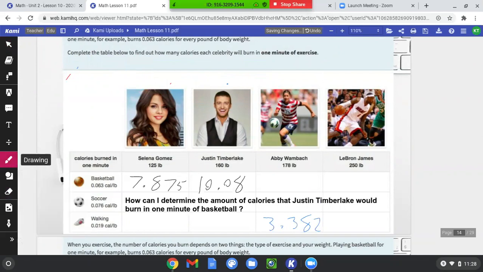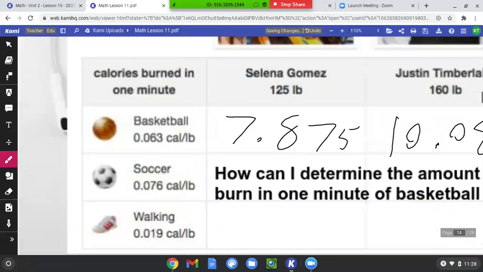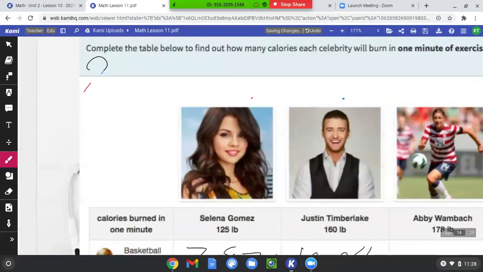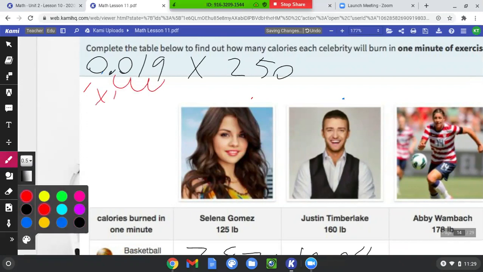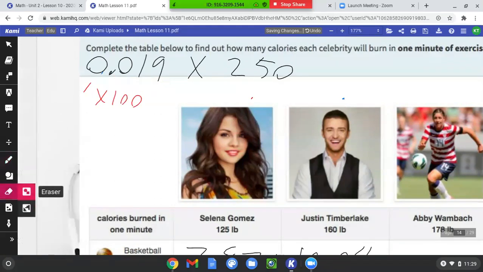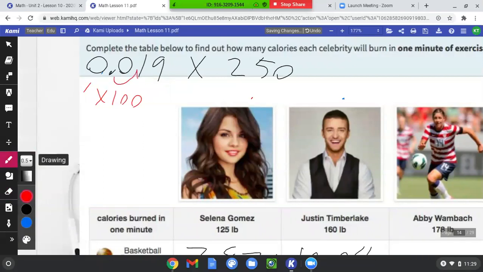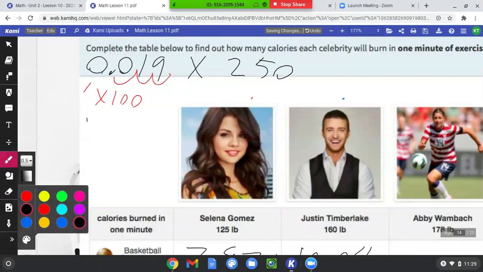So we are doing the rate. We are using 19 thousandths for every pound. So every minute that you walk, you burn 19 thousandths of a calorie for every pound you have. So 19 thousandths times 250. I am going to scale 19 thousandths up to make it a friendly place value, make it easy to multiply. I multiply by 1,000 because one place value, two place value, three place value. Let's do it again. If I multiply by 1,000, I'm going to go 1, 2, 3, and I get 19